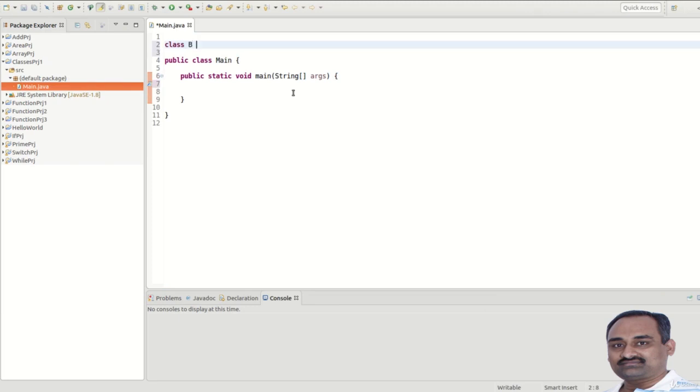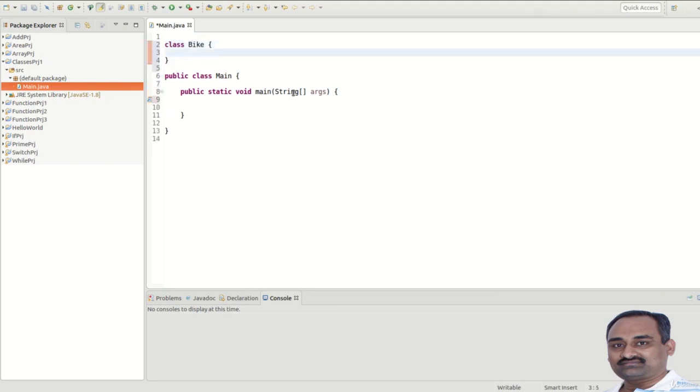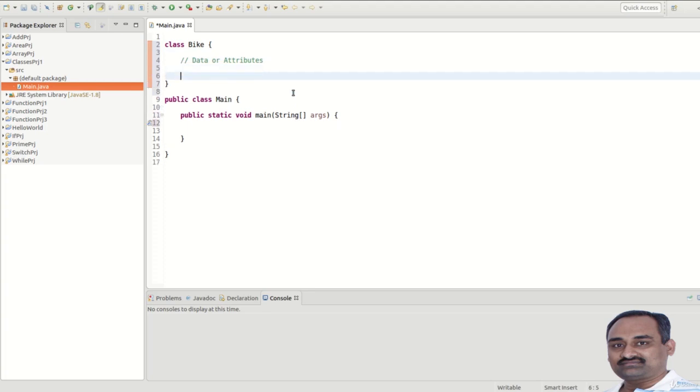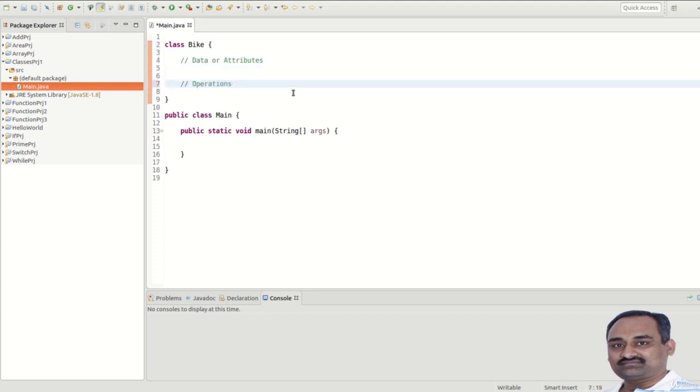Let's design a class Bike. A class combines two things, data or attributes, and operations, also called methods or behavior.